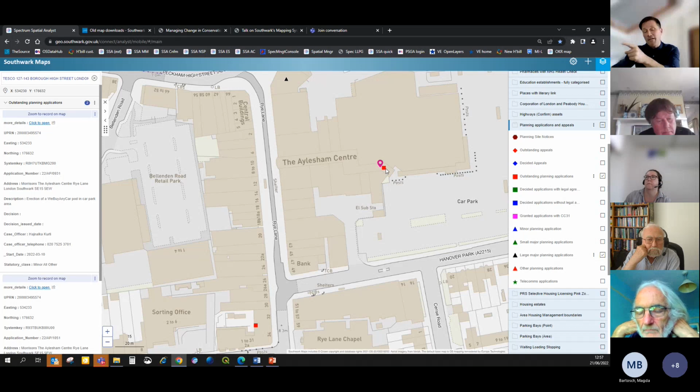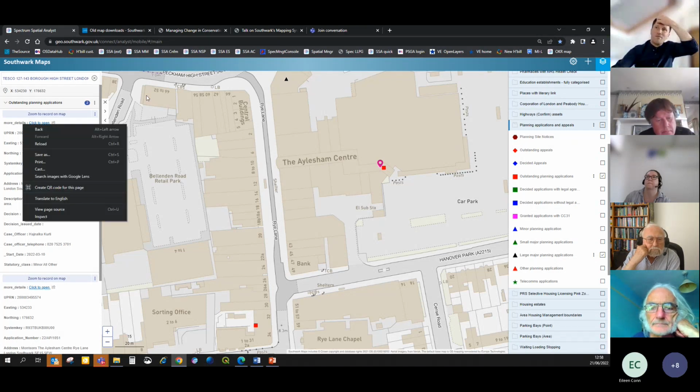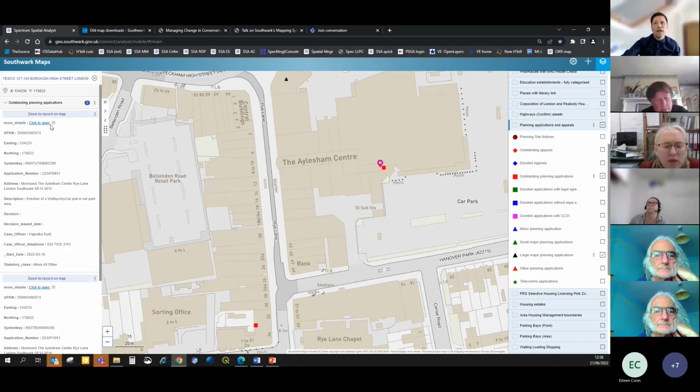Could you just do it so that Peckham High Street, which is at the top, is in the screen? 2 dots stacked up there, and you can see here in the left, these are the details of that planning